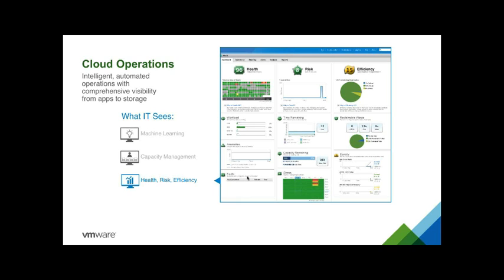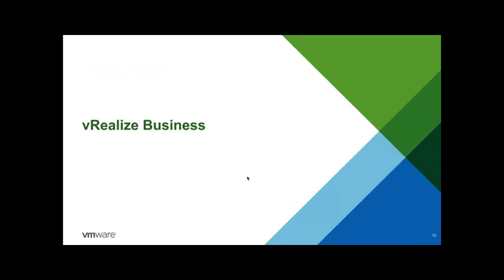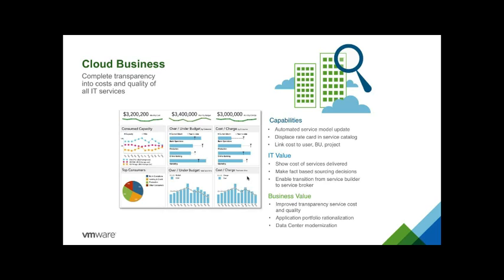So that cloud operations part is very, very key to the overall management and automation side of things too. And then finally, in those three pillars, cloud business, we touched on this already, but this is really around getting that cost control in place. So being able to see where am I spending my money, how am I spending my money, who is spending my money